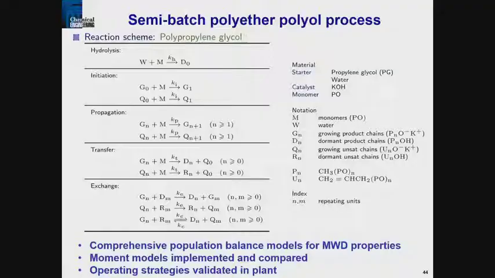Here is the kinetic mechanism. What makes this challenging is that all of these rate constants, this is the set of all rate constants, it's a stiff problem. These reactions happen much faster than all of the others. And now you see the subscripts here on each of the species, N. That refers to the number of units in each polymer chain. N can go up to several hundred. So those are all the species that are in the reactor.